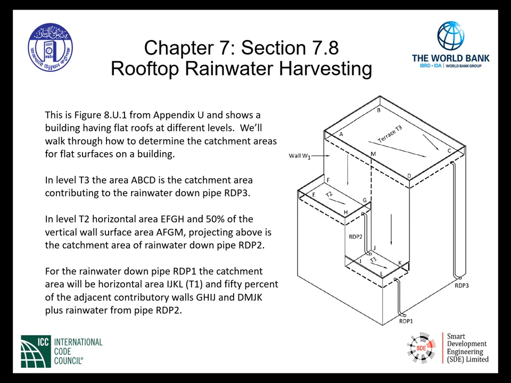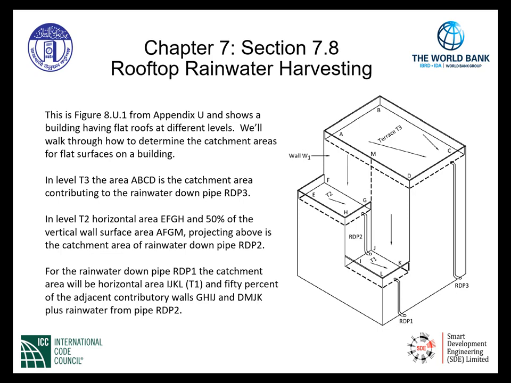Projecting above is the catchment area of the rainwater downpipe, RDP2. As can be seen, our roof elevation T2 carries all of that water entering the downpipe indicated as RDP2 down to the lowest roof level